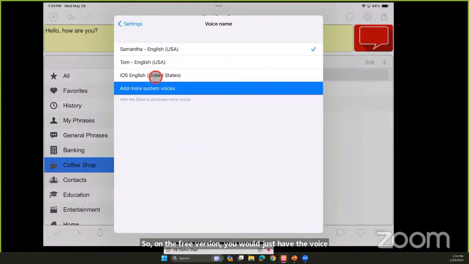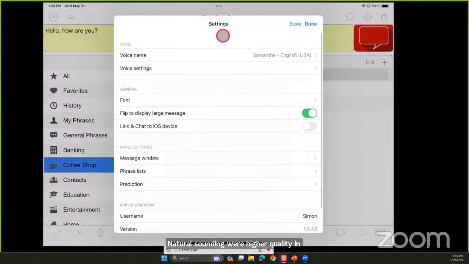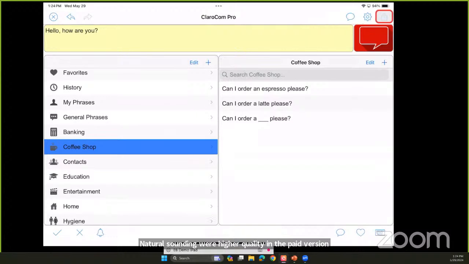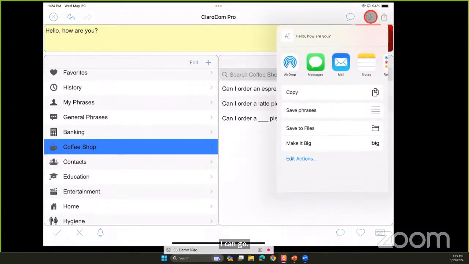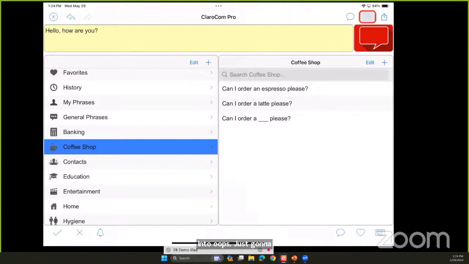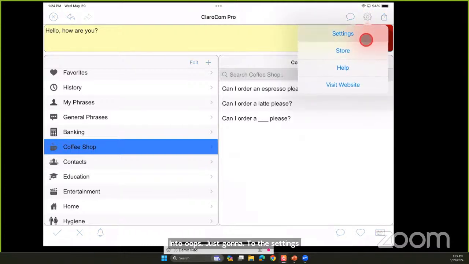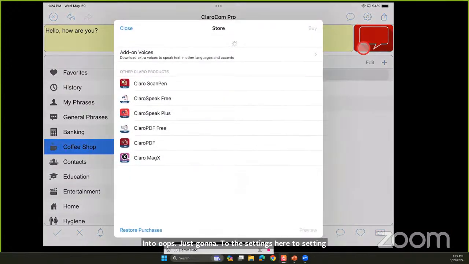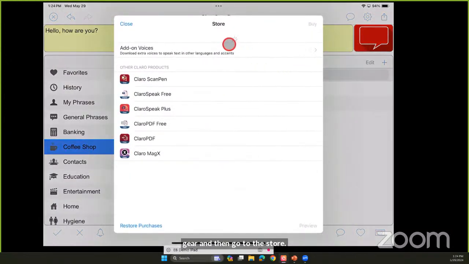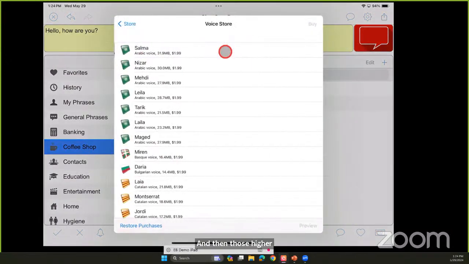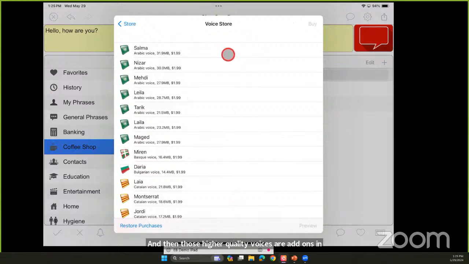But if I wanted the voices that were in TD Snap that Jackie was using that were more natural sounding, higher quality, in the paid version, I can go to the settings gear, and then go to the store. And then those higher quality voices are add-ons in this app. So they're an in-app purchase.